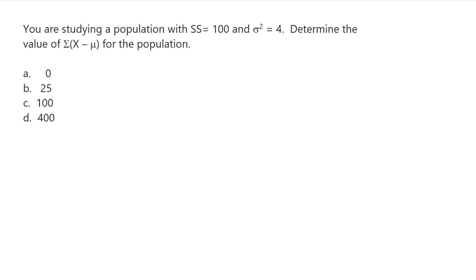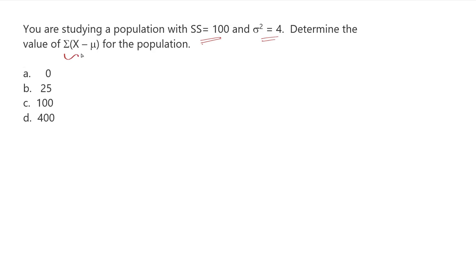You are studying a population with sum of squares equals to 100 and variance equals to 4. Determine the value of the sum of (x minus the mean) for the population. Okay, now this one is a trick question. They look like they're trying to make you think that this information here and here is important, when in fact